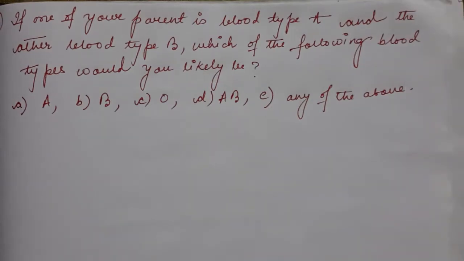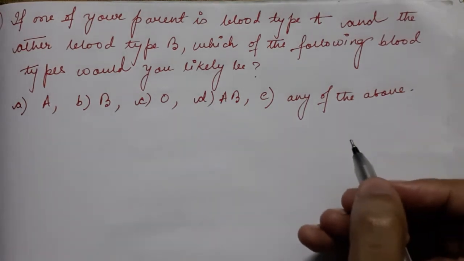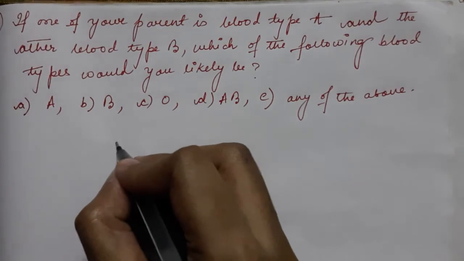Our third question is, if one of your parents is blood type A and the other blood type B, which of the following blood types would you likely be? अब ये जो क्वेश्चन है, यहाँ पर आपको पेरेंट्स के जेनोटाइप बताए नहीं गए हैं, तो हम ऐसे कंडीशन में जेनोटाइप को हेट्रोजाइगस कंडीशन में ही कंसीडर करेंगे। तो यहाँ पर क्या बताया गया है कि वन ऑफ आवर पेरेंट इज ब्लड टाइप ए एंड द अदर इज ब्लड टाइप बी।